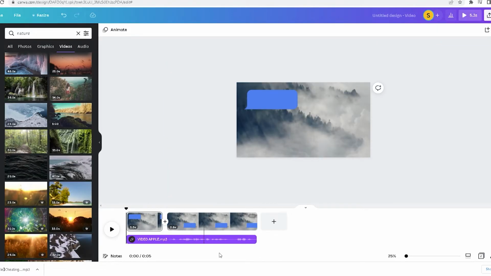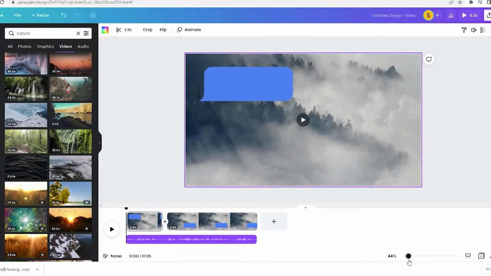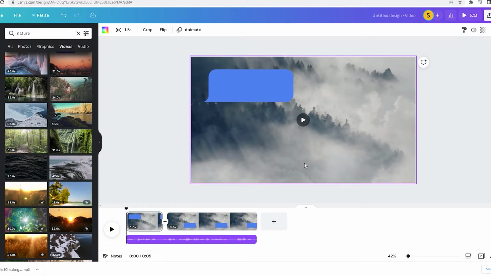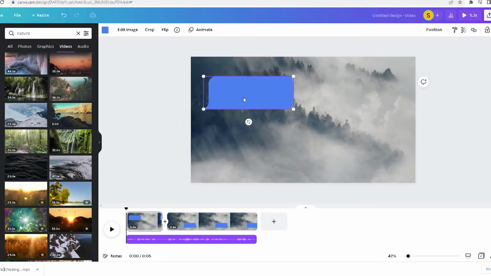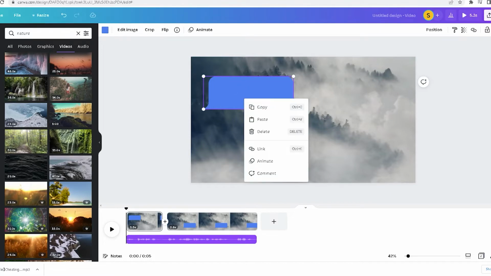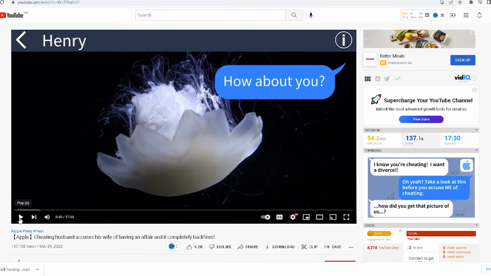So once you've readjusted it back up to the right length of the audio to the clip, all you're going to do is zoom in on this part here, just zoom in like that. And now you're going to make the scene. So pretty much, we don't have to worry about it, but I'm pretty sure it goes...